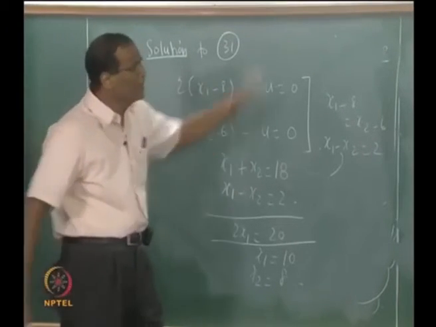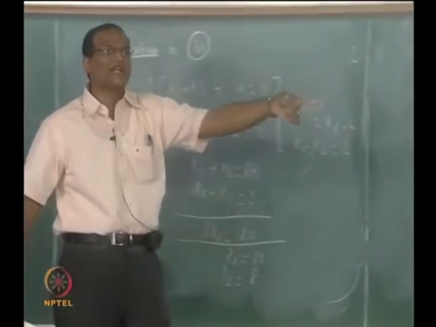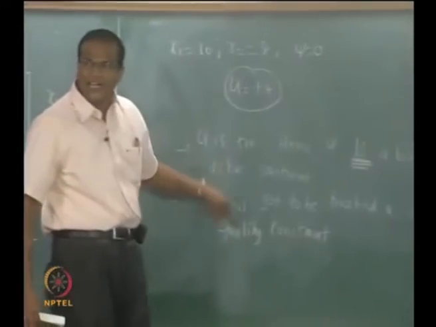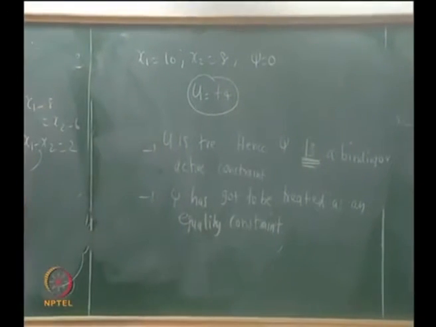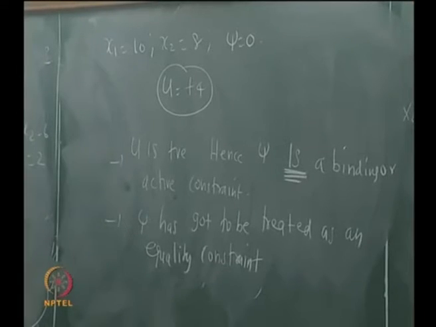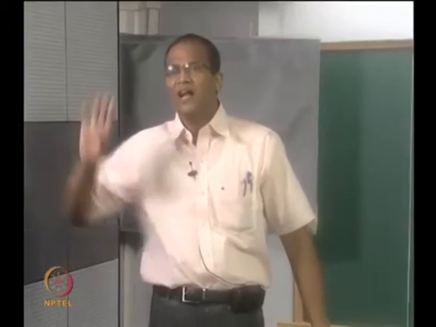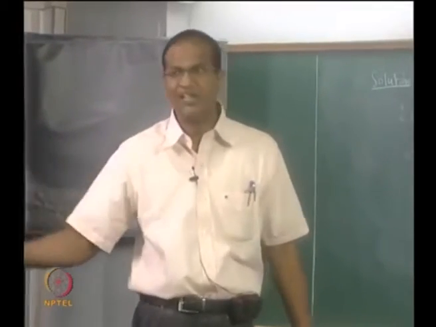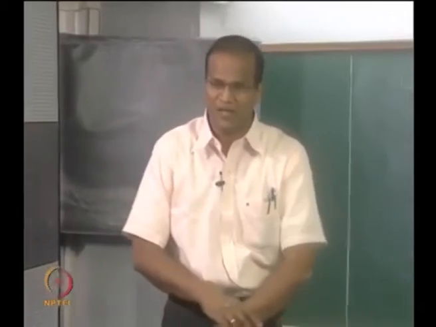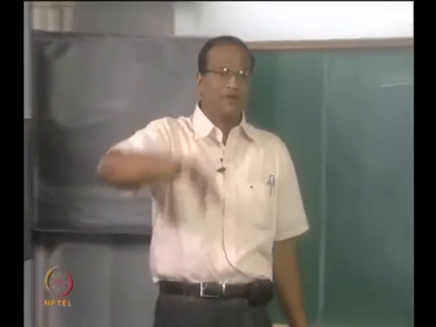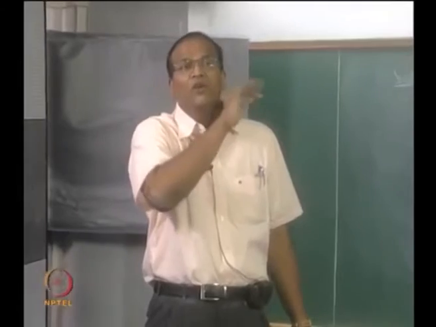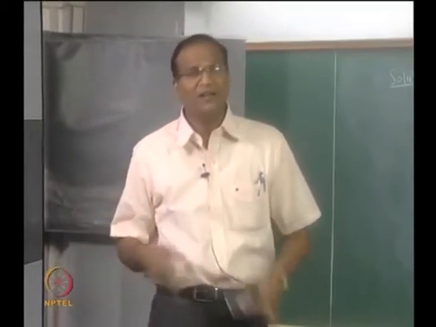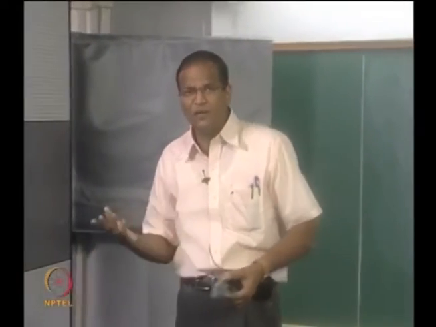The second is to formally apply the KKT conditions, treat it as an active or a binding constraint, take psi equal to 0 and get the value of u. If the value of u is positive, your assumption that it is an active or binding constraint is indeed correct, and in subsequent iterations, if your problem involves many iterations, you have to treat it as an active constraint, replacing the inequality by equality. If on the other hand it is not binding, you can omit that constraint from the problem. For example, x1 plus x2 greater than 9, there is no need for you to consider that in subsequent iterations.